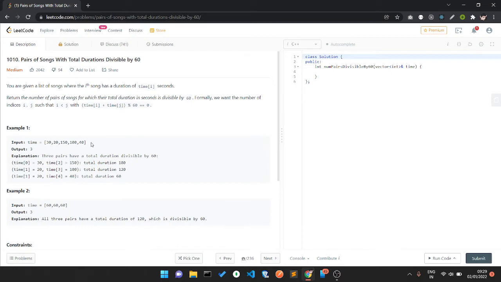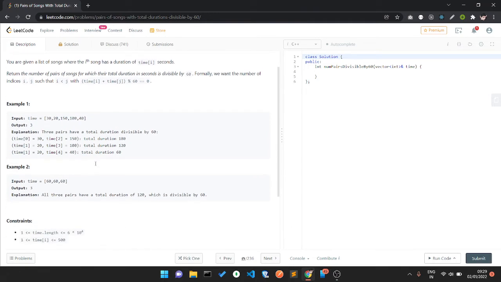If I take the modulo of 60 of every number, we will get a number lesser than 60. And if we add both and the sum is divisible by 60, then it's our answer. If not, it's not our answer. It's a similar approach we can use. If there are multiple occurrences, we have to store them in a map, then we can do it.